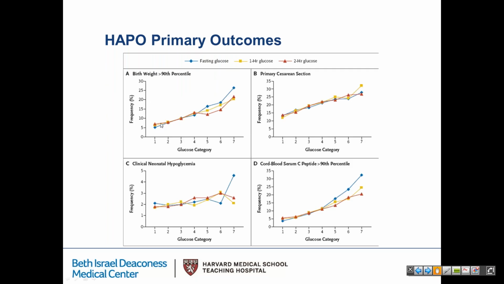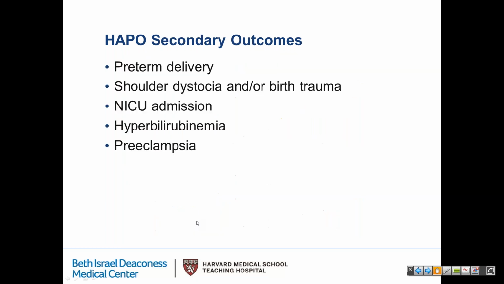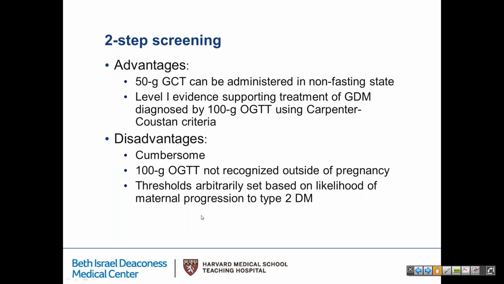should draw the line, because if there were a J-shaped curve, you could say this doesn't matter, but for sure above this level does. But as I said, unfortunately, there's just a linear relationship. So much like controversies around diagnosis of hypertension, like when does blood pressure matter, basically the higher it is, the worse it is. And so you sort of have to pick a line in the sand. And what we've been left with is this controversy over what is really the line in the sand where it